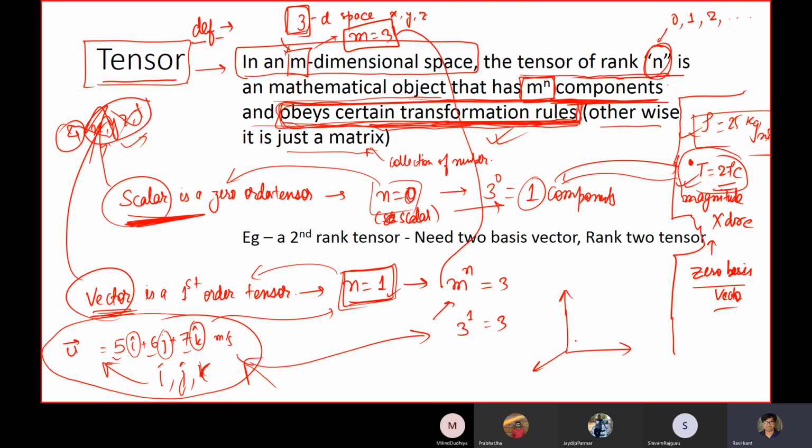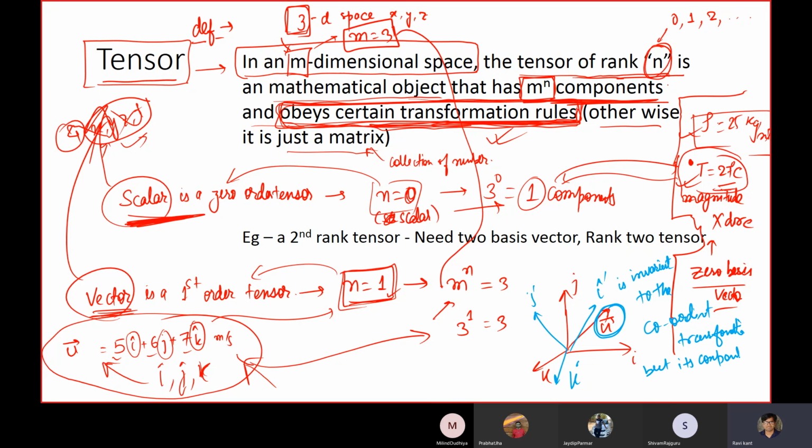Then you will see that these vectors also obey some transformation rules. Let me clear that. Let's suppose I have a u velocity. It has some component in your i, j, k coordinate system, and when you rotate this i, j, k to i dash, j dash and k dash, okay, then you see that your u vector is invariant to the coordinate transformation, but its components change